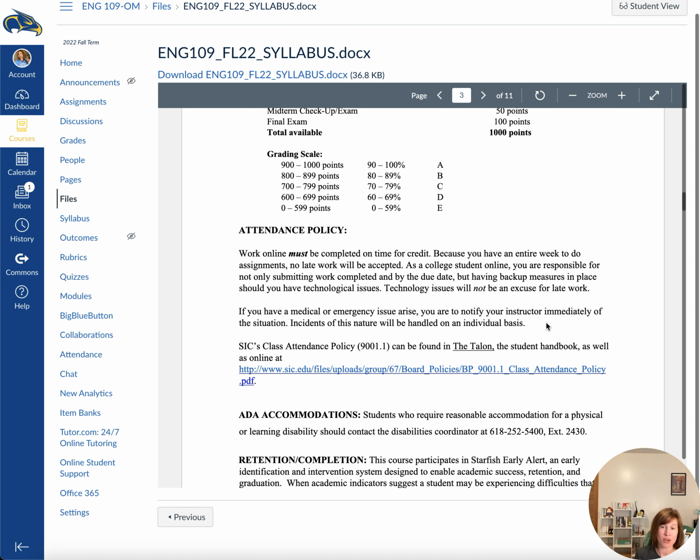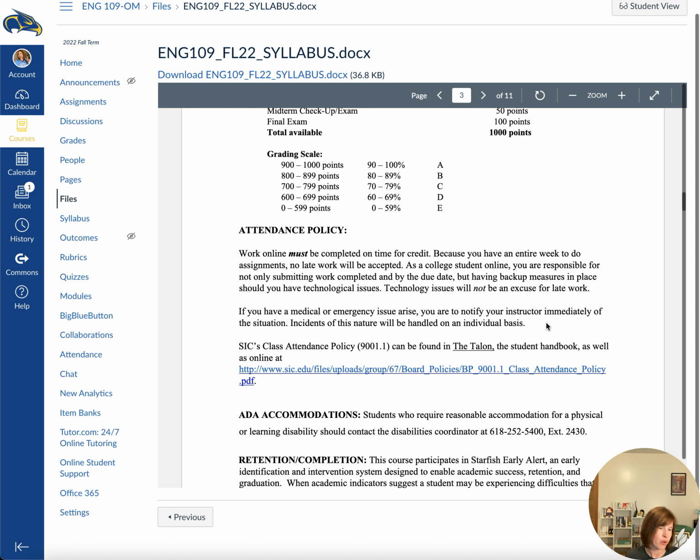Do not procrastinate. Procrastination will be your enemy in this class because I do not accept technology problems as an excuse for late work. If somebody emails me on Sunday night and says, oh, my computer won't charge, I'm like, you should have done this earlier in the week, and I will not count that as an excuse. Now, obviously, if you have a serious medical condition arise or a family emergency, you need to notify me immediately to tell me about it.